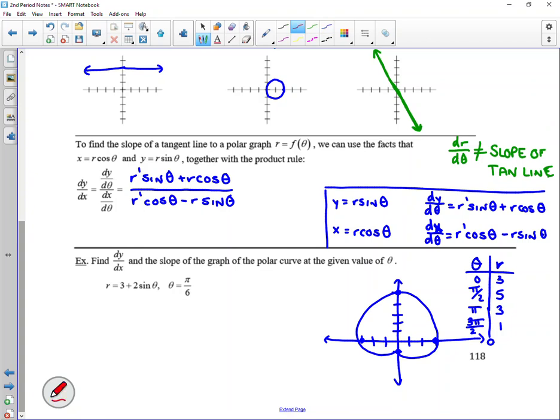So we're trying to find at this pi over 6 angle right here, the equation, or the slope, of this tangent line right here. That's essentially what we're trying to do. But we're trying to find it in terms of x and y, not r and theta, because we don't want to know how the angle is changing with respect to r. We need to know just the slope of the tangent line. So here's what I like to do. I like to figure out each of the 4 components. I like to figure out r,